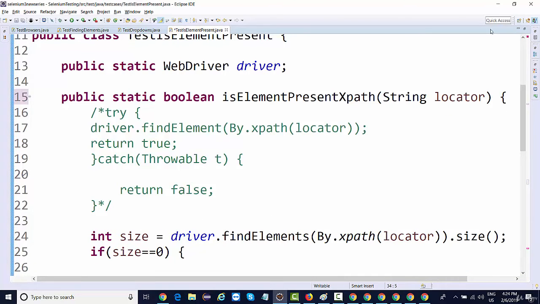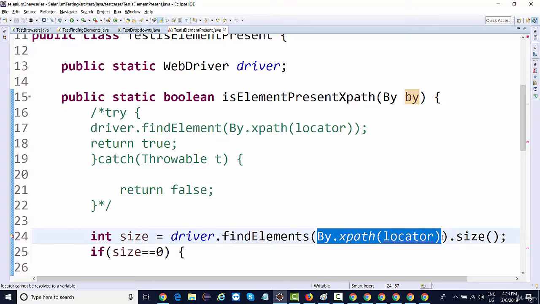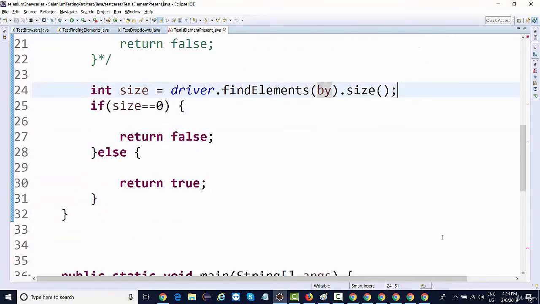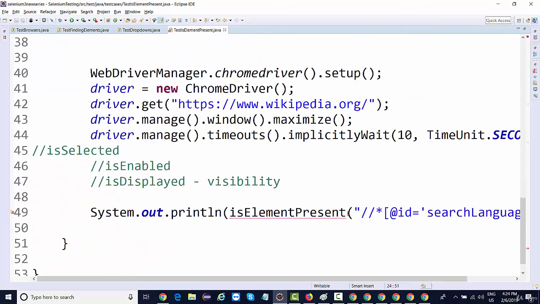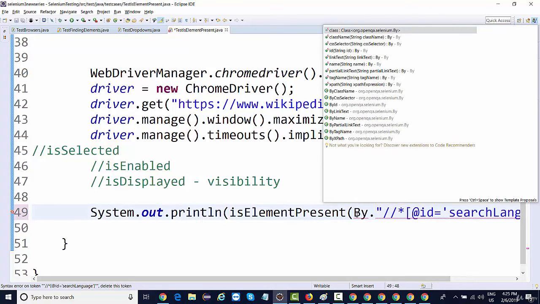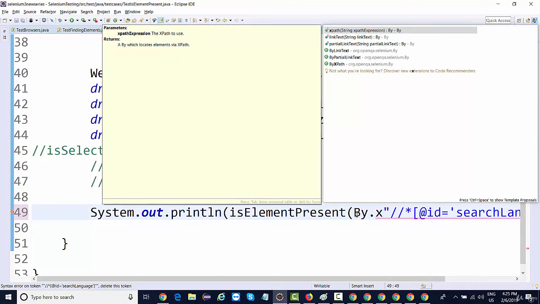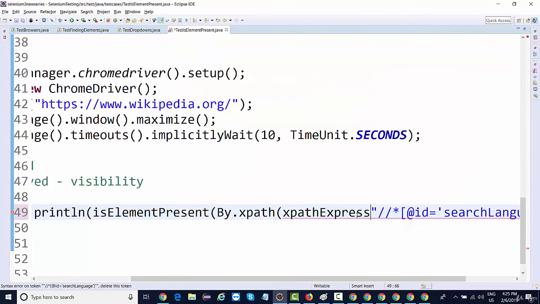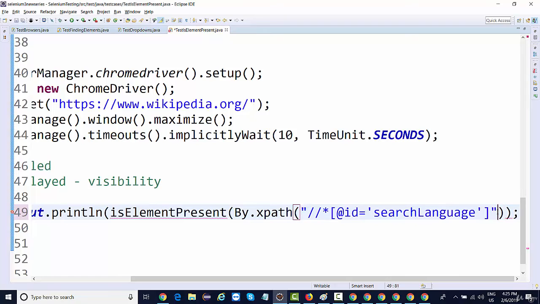Yes, we can do that. Instead of a String locator over here, pass the By class reference and use this By over here. That's it. What is the benefit of doing this? Now, when you go to your code where you call isElementPresent, you need to say By.id or By.xpath, whichever you want to use. Just pass that expression. If you are using XPath, just say By.xpath. That's it. Or in case you are using ID, okay, it's throwing some error.